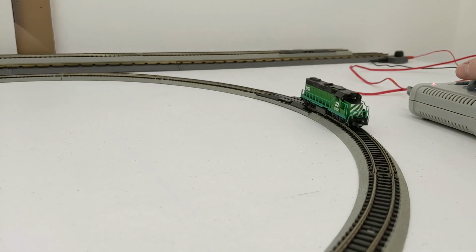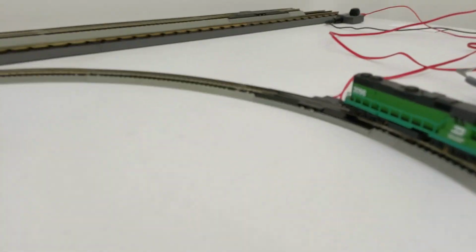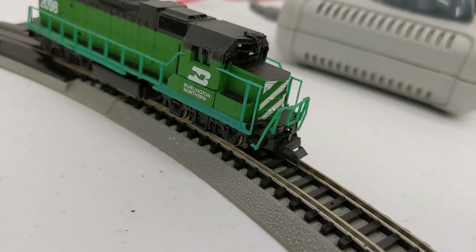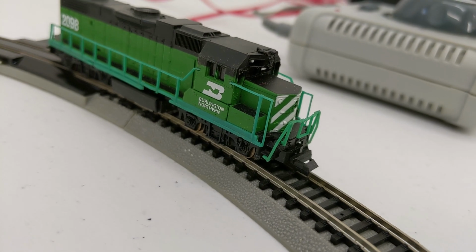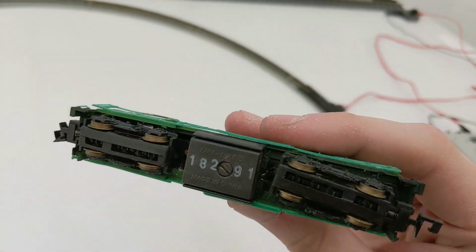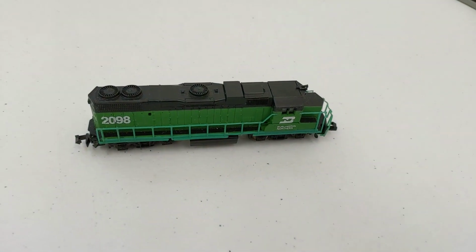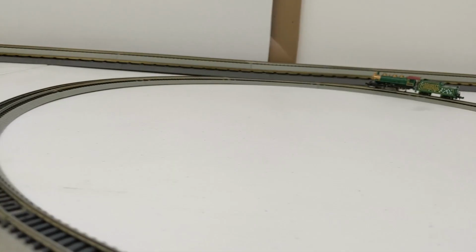Seems like it's right at the in-betweens. Yeah, so this one, definitely you can see that the wheel slipped off. I'm not sure if my radius is a little tight for it or what, or if it's just a little out of gauge, but it starts out okay and then it just kind of ends up flying off the rails. This one is lifelike and it has a little power to it, so that's not bad. So if anybody's interested in this guy with a little work maybe needed,